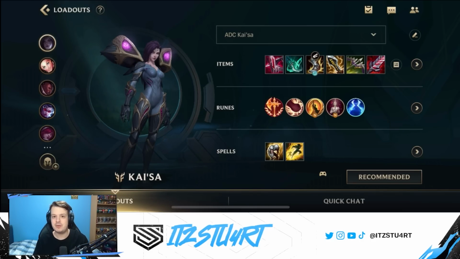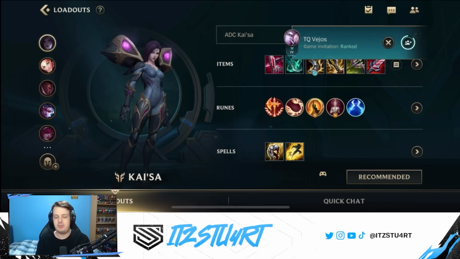Now in terms of the build for Kaisa, nothing has really changed for her, and the reason being is her passive, being able to upgrade her abilities. It's really important to go for cheapish items in a way, so things like Shield Bow and Phantom Dancer